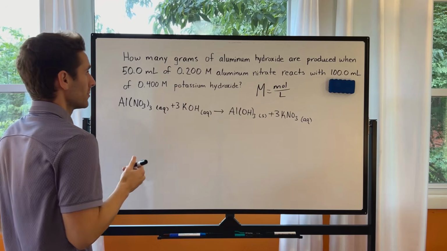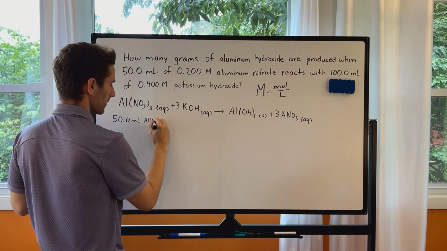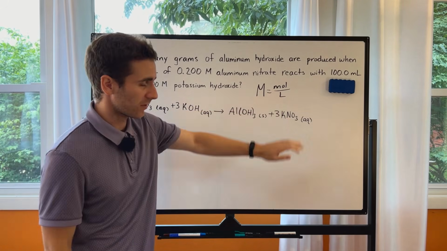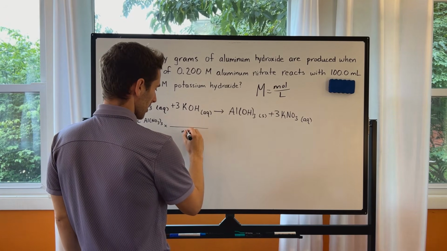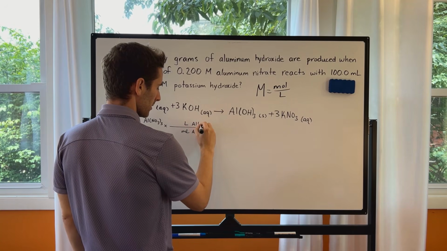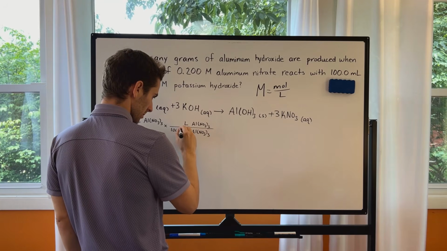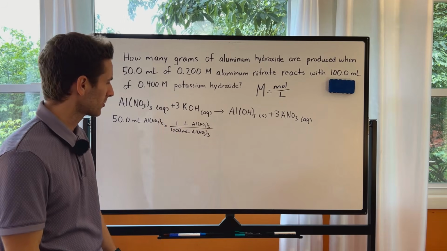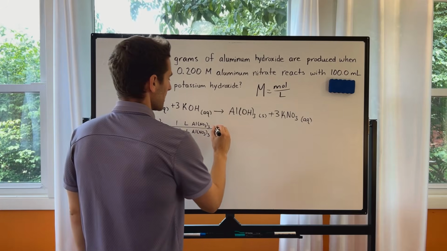So I'm going to start with the aluminum nitrate with the 50 milliliters. And first, before I can use the molarity, I need my volume to be in liters. So milliliters on the bottom, liters on top, and there are 1,000 milliliters in 1 liter. You don't have to explicitly write out this step if you don't want to, but you do have to make sure that you do divide by 1,000 to get into liters. And then